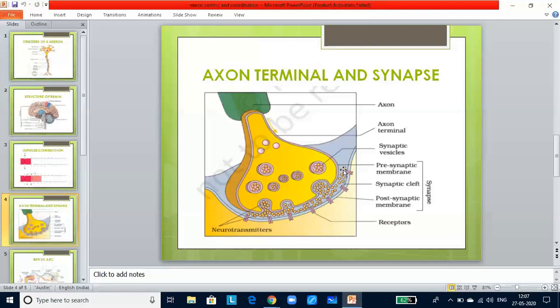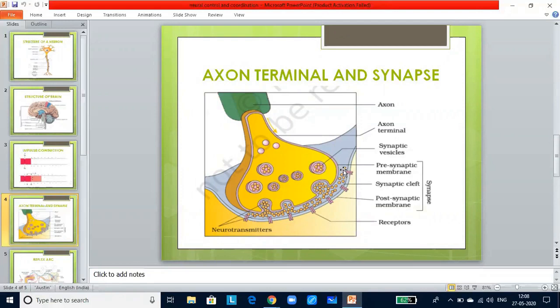In chemical synapses, the membranes of the pre and postsynaptic neurons are separated by a fluid-filled space called the synaptic cleft. Axon terminals contain vesicles which are filled with neurotransmitters. When an impulse arrives at the axon terminal, it stimulates the movement of the synaptic vesicles towards the membrane, where they fuse with the plasma membrane and release their neurotransmitters in the synaptic cleft. The released neurotransmitters bind to their specific receptors present on the postsynaptic membrane. The binding opens ion channels, allowing the entry of ions, which can generate a new potential in the postsynaptic neuron.